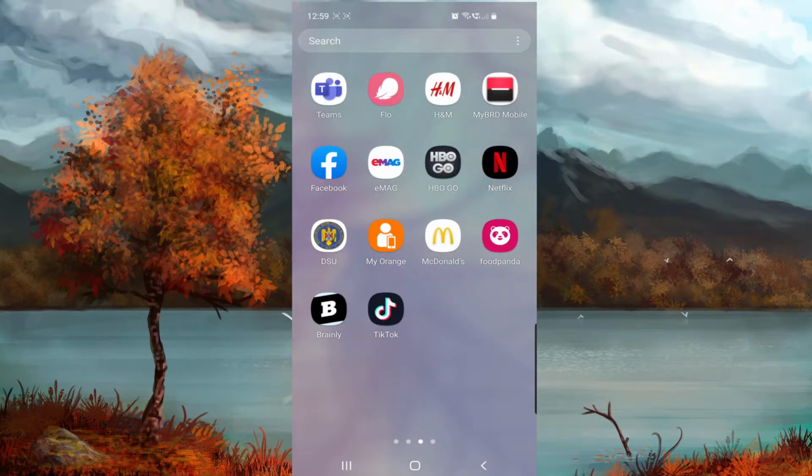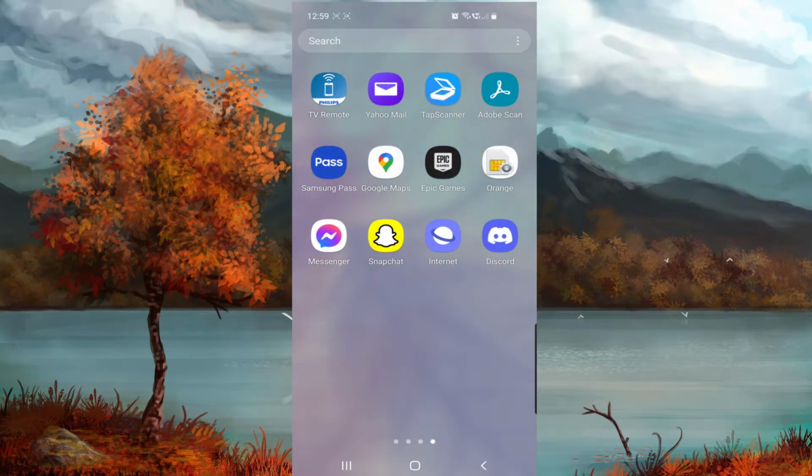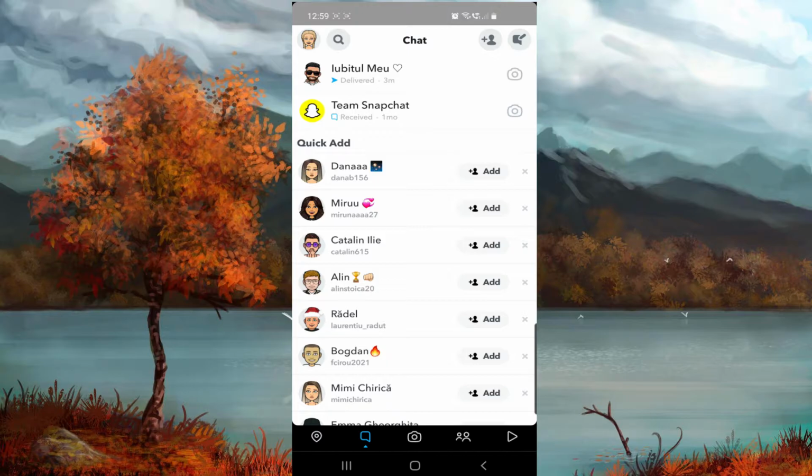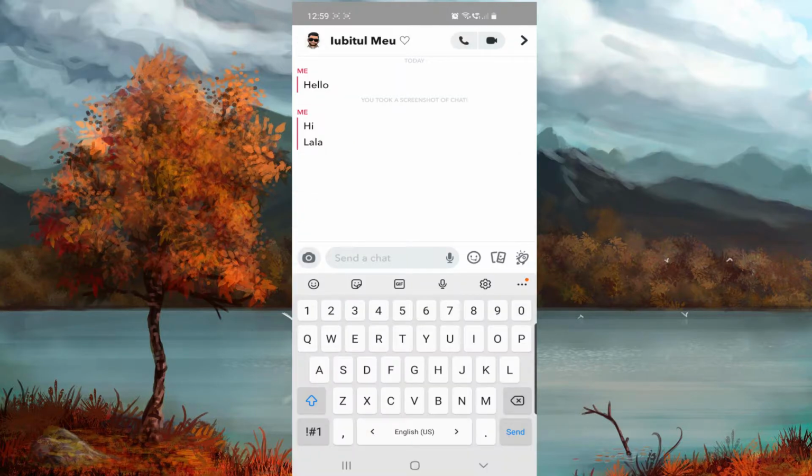First, we have to go on our Snapchat app. And then here we need to go to our chat. And then if I only have one chat, so if I go to my friend right here,